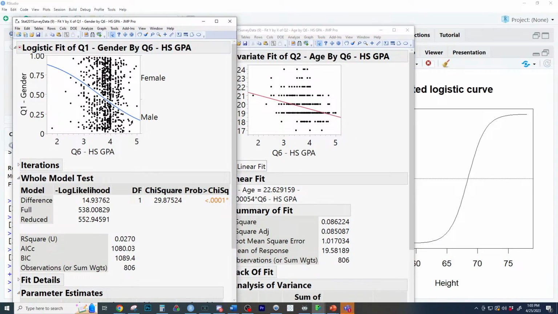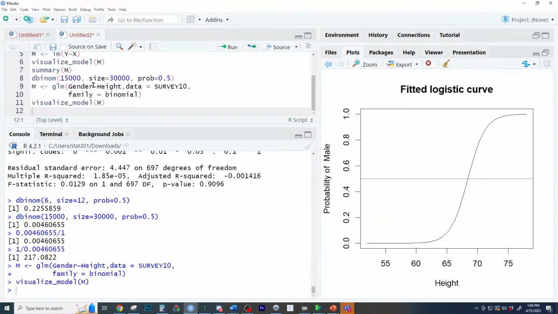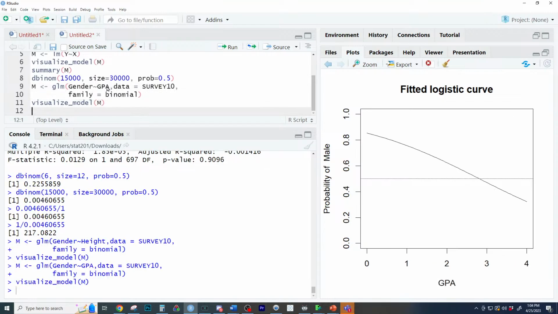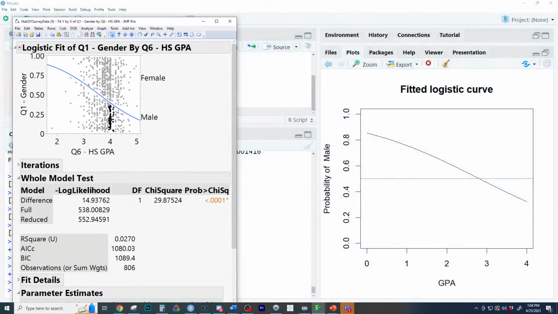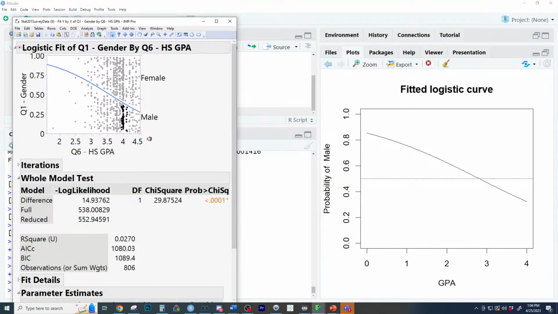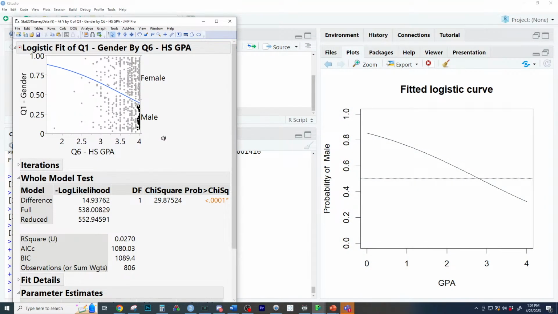And the probability of male is the points below, or, well, the area below here, which at a higher GPA, we see a lower probability. I think we have the same data. Do we? Is this the same data? GPA? It looks to be the same data. Let's take a look. I think it's the same data if we go to 4.0 right here. It's just that this one extended it out a little. Yeah, there it is, same curve.